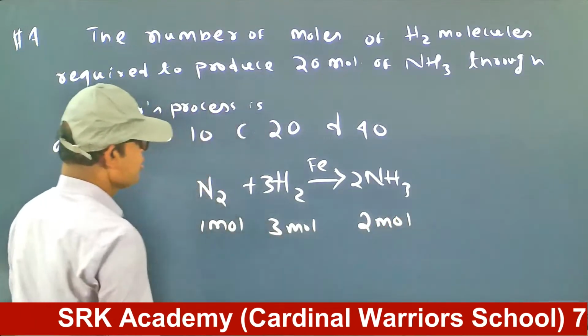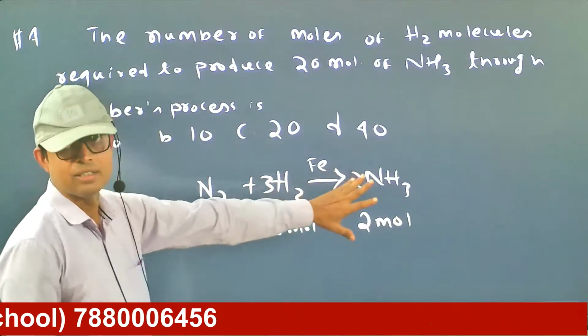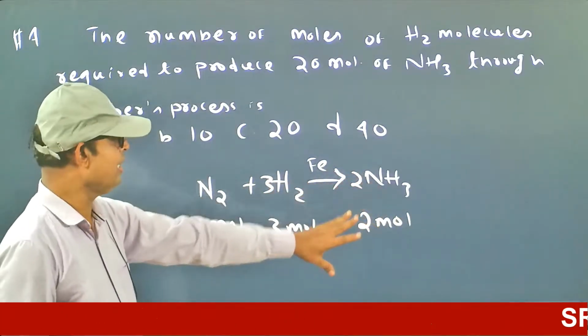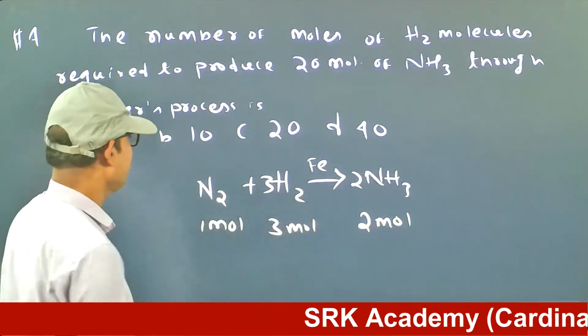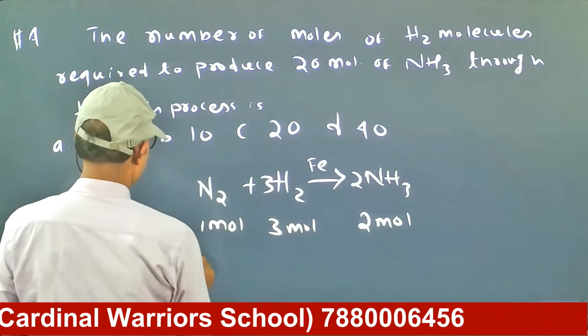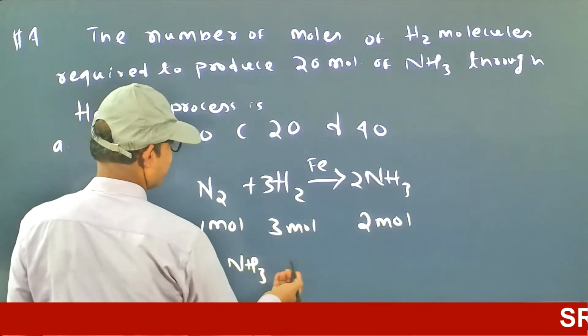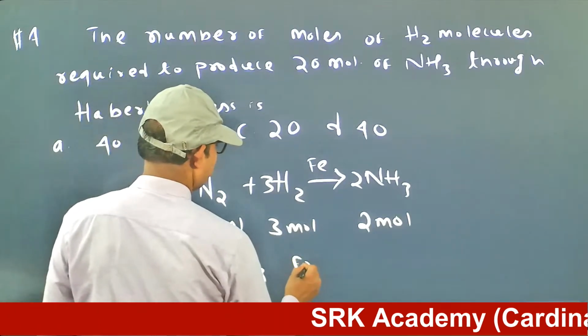So clearly there is a relationship between the number of moles of hydrogen and the number of moles of ammonia, right? So 2 moles of ammonia are formed from